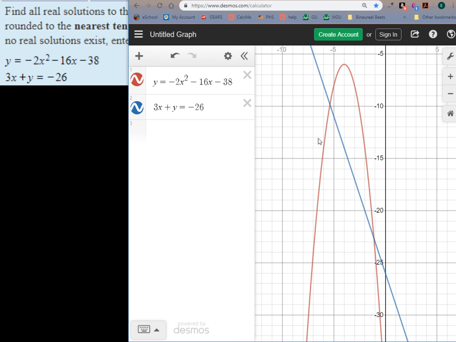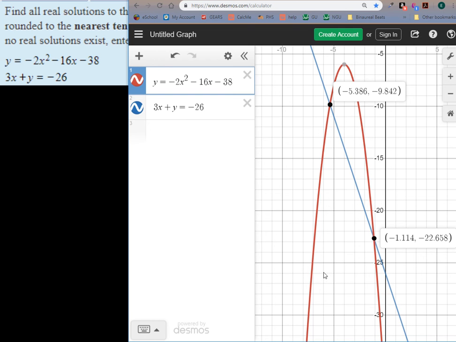Okay, so all I got to do, remember, in Desmos, I'm just going to click on either one of these graphs, and it's going to give me all the important points. It's going to highlight them in gray. So we don't want that one. That one's the vertex. We don't care about that in this problem, but we do want that intersection and that